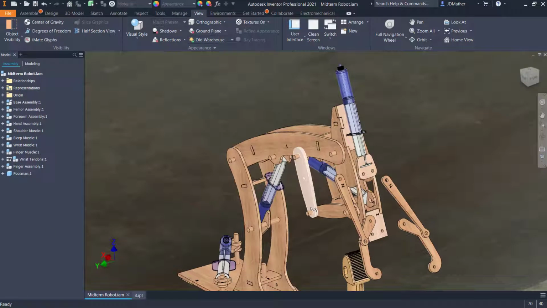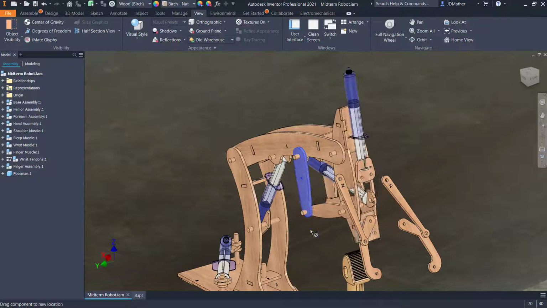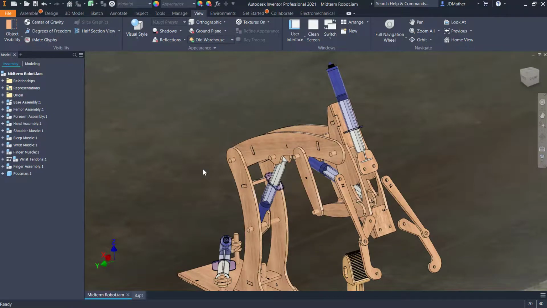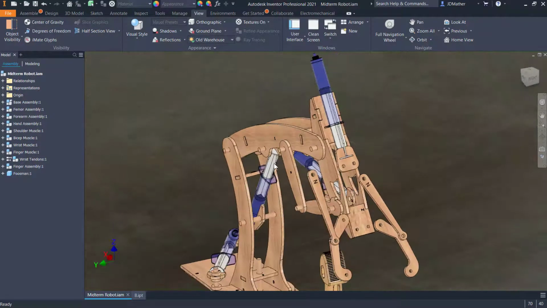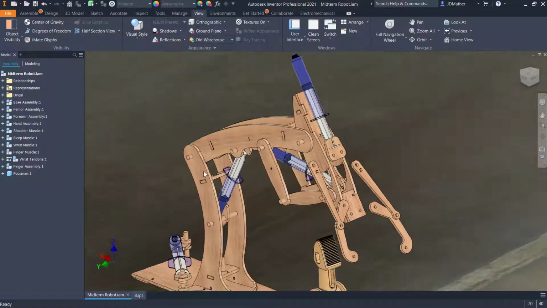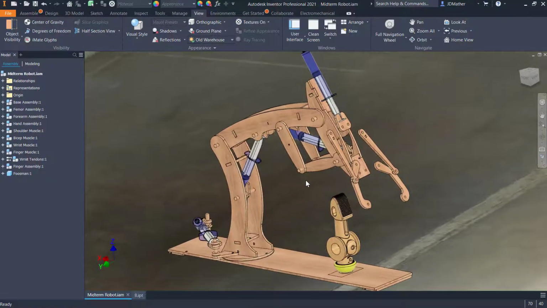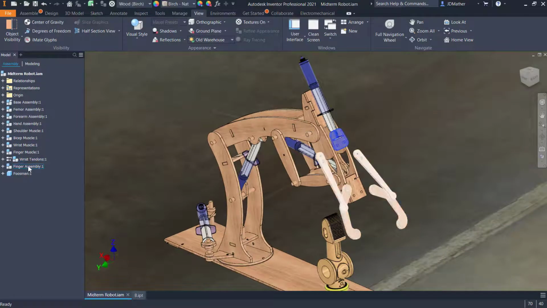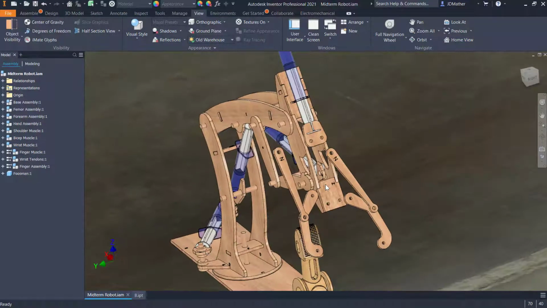And then when I try to move this, I see that I already have it centered, so I don't need to put in that constraint. If it did come off of center, of course I'd put that plane to plane constraint. I will then make the finger assembly flexible, and I will also make the finger muscle flexible, and I'm going